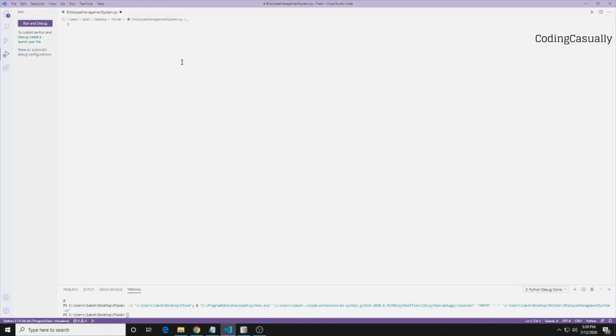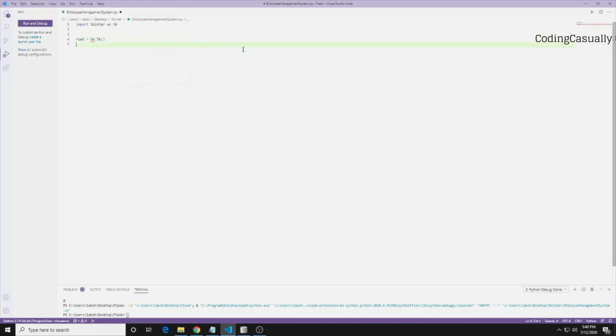I have Anaconda installed on my system, and Python of course with it. tkinter is a default module in Python, so you don't have to install it, it comes with it. And I am working on Visual Studio Code. If you have a different IDE, that is also fine. So in order to start, what we can do is write import tkinter as tk, and then we can say that root will be